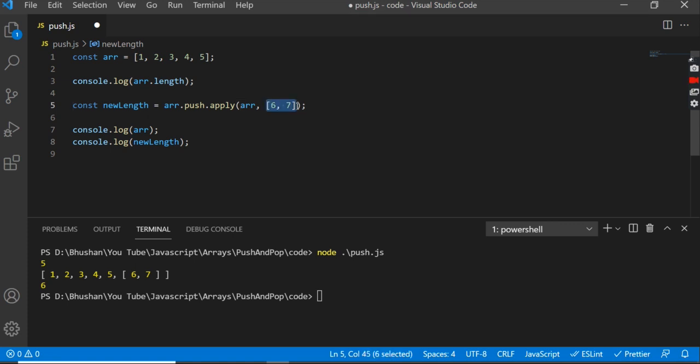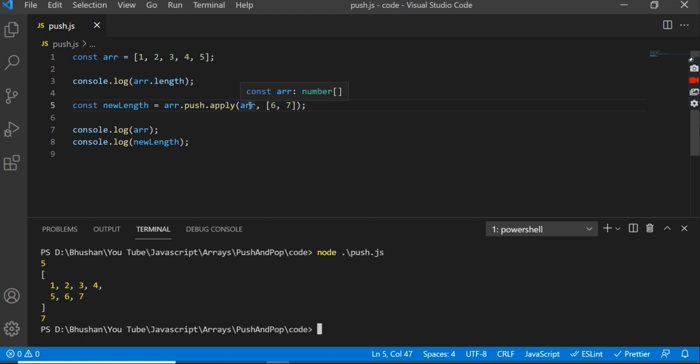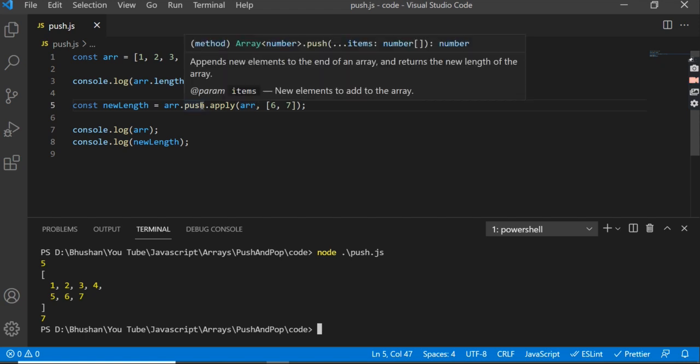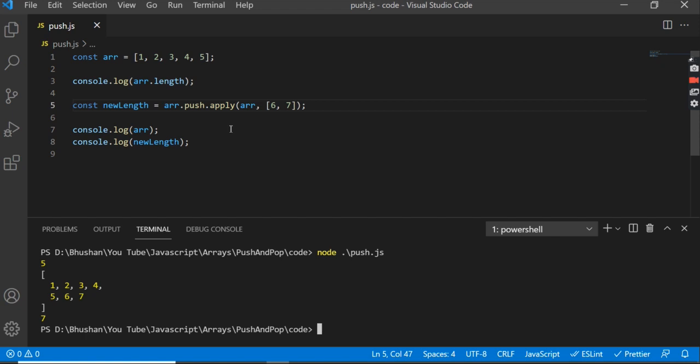Now let's run this file, node push.js. See here, each element from this second array gets added in this original array. The first parameter in apply is the array where we want to add elements. As this push method is generic, we can use apply and call method. So it is used to combine two arrays.